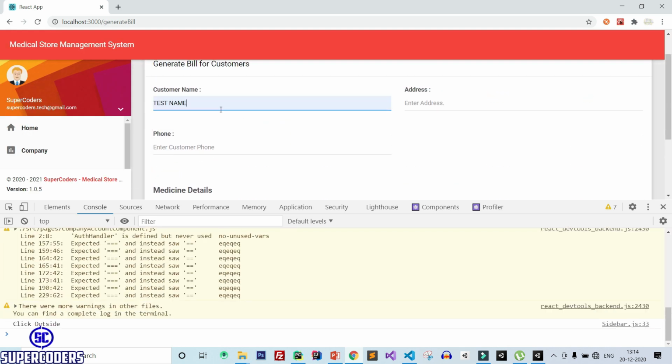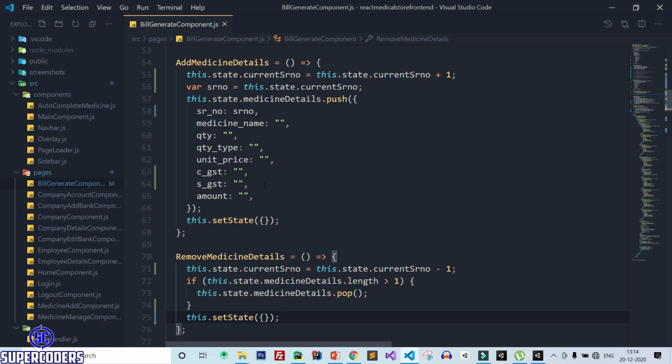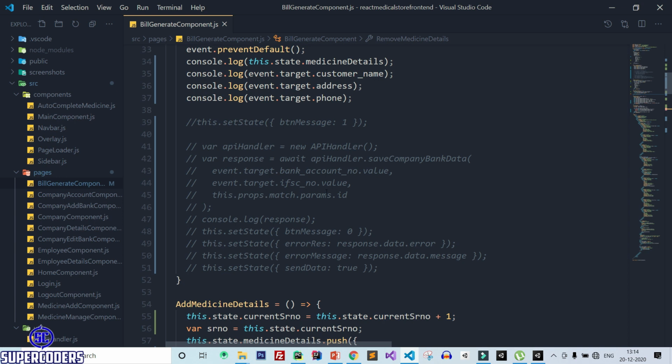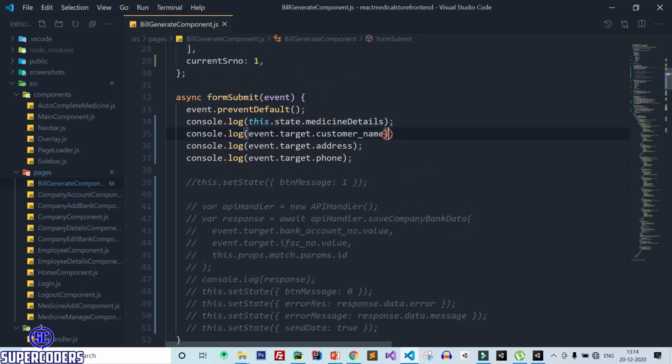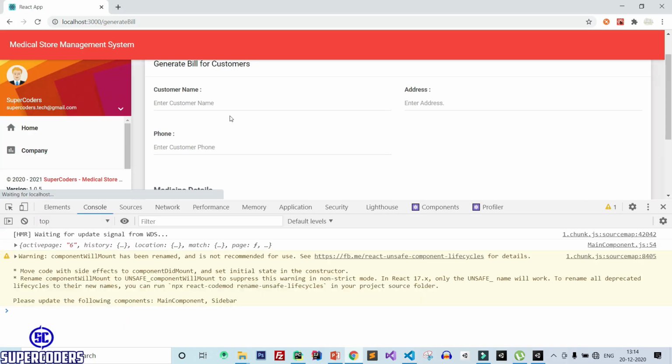Paste name, paste address, and one more thing which is missing. Here we need to set the value. So the value.value.value. Now save and check again.